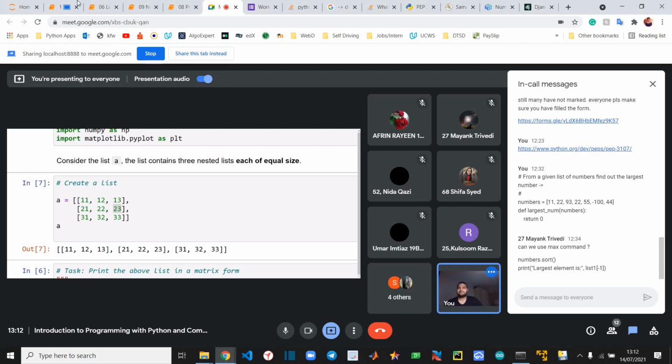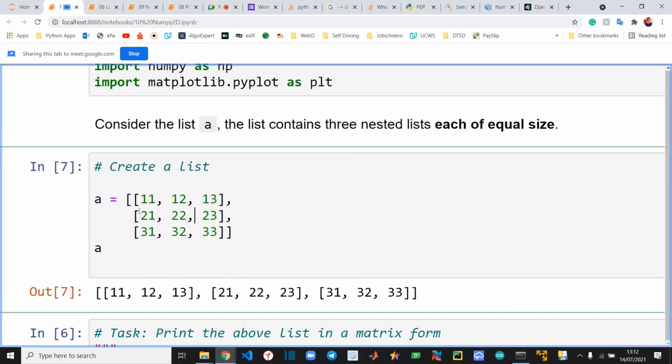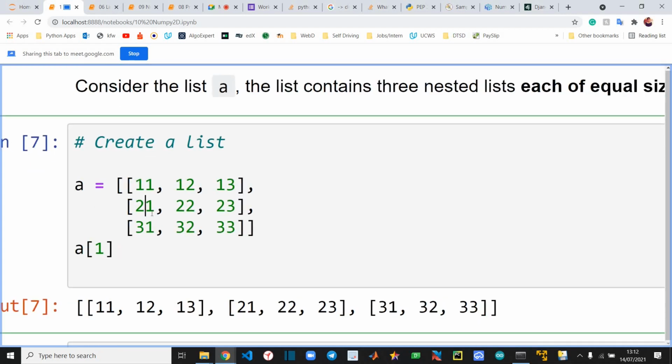Okay, so this 23 is in the second element of the list. This is the main list, and 23, we saw, is the second element. That is, it is the first index. So now the first information that I have is that it is the second element, and that has index 1.